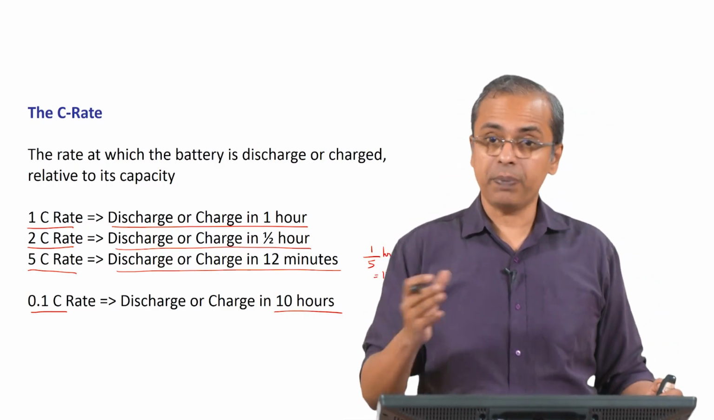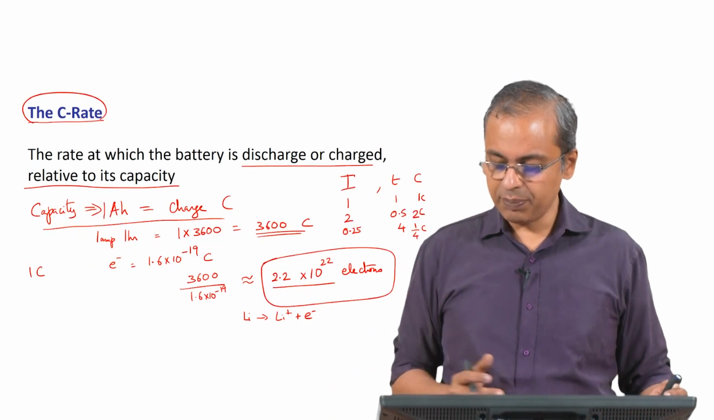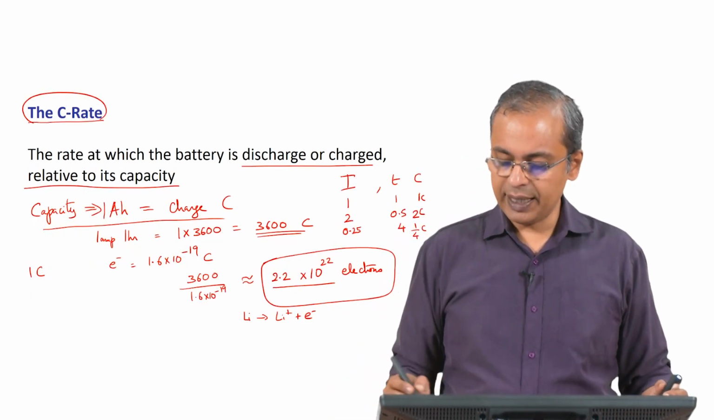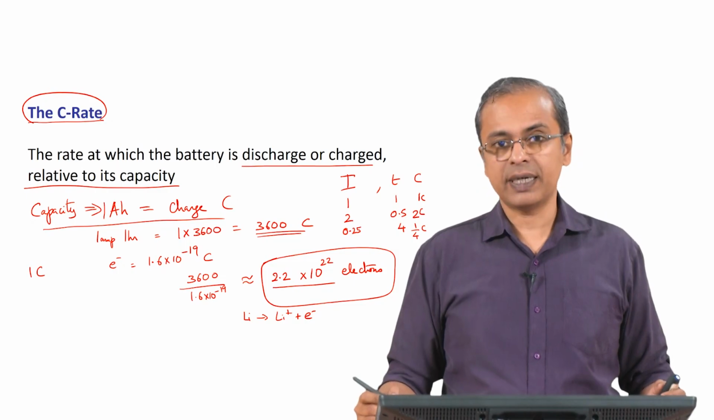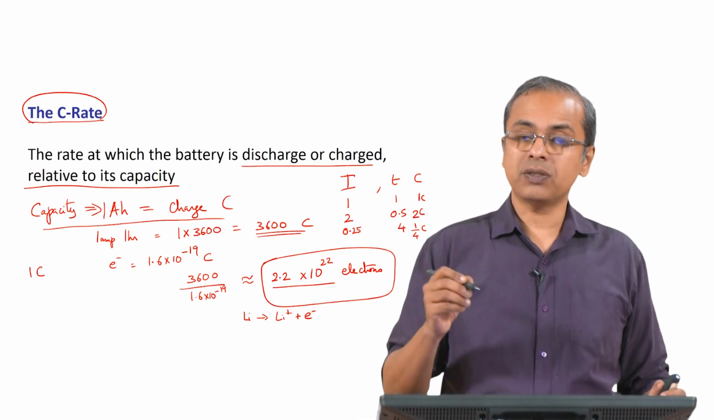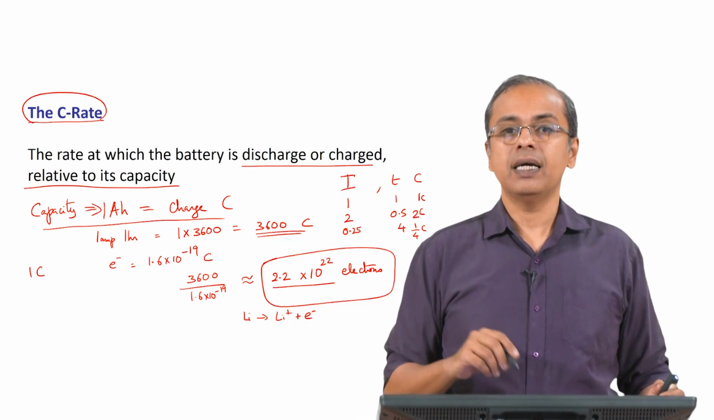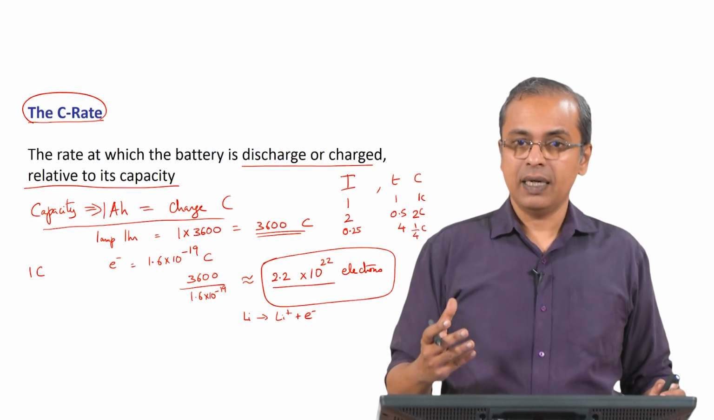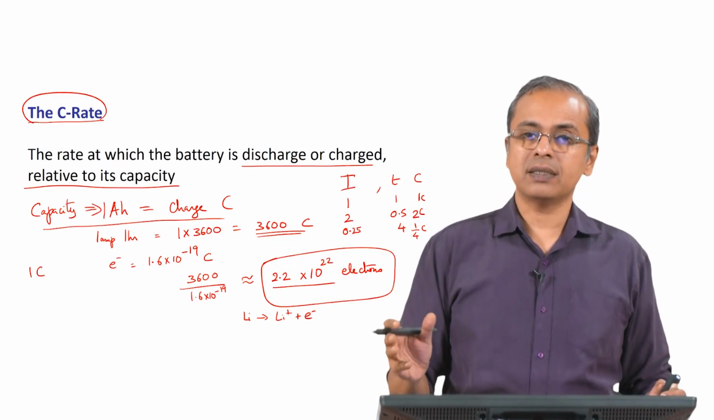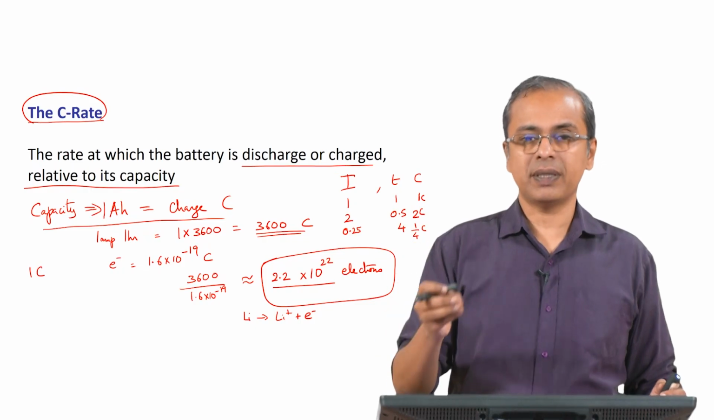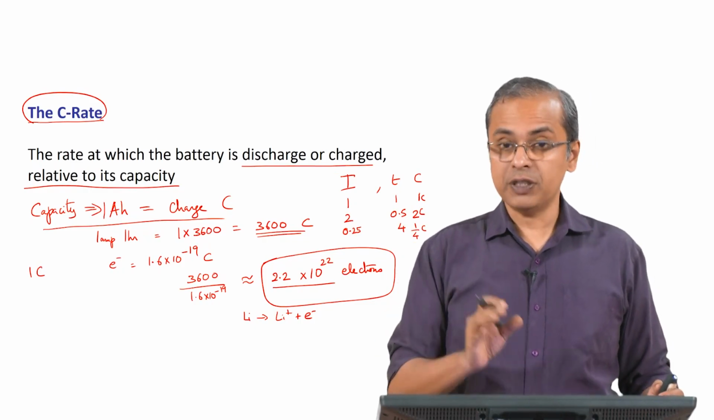It may actually perform a lot worse than that. For example, if I do a 2 C rate, the charge will get consumed in half an hour, but that is only under ideal conditions. Supposing the battery were not ideal, the 2 C rate may consume the charge in, let us say, 20 minutes instead of 30 minutes,